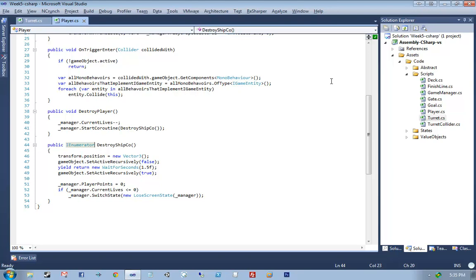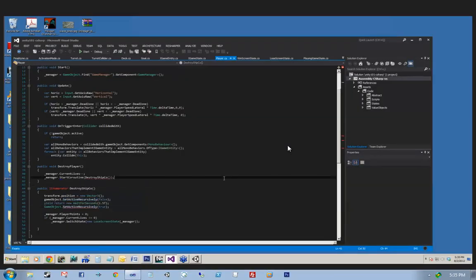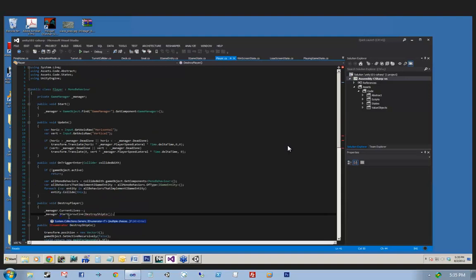Huh. Do you mind if we jump over to your screen? That's okay, as long as you can still type. Yeah, you're missing a using statement. It's trying to tell you. Oh, it's not anymore. System collections, you've got multiple choices. See, the IEnumerator is a...